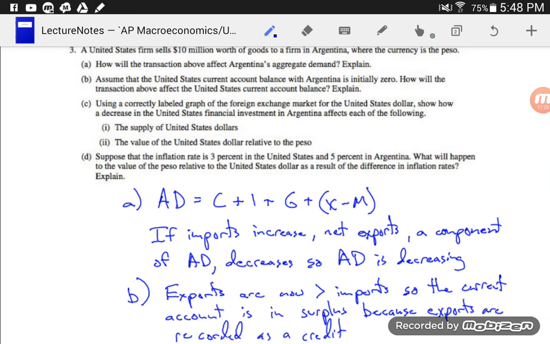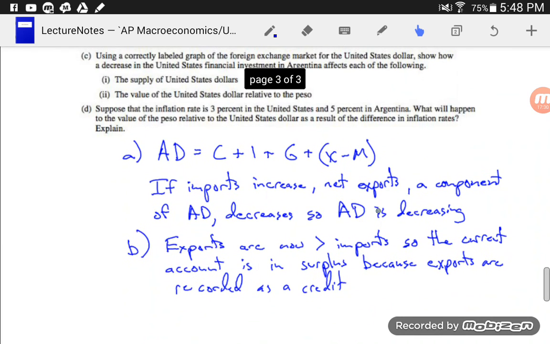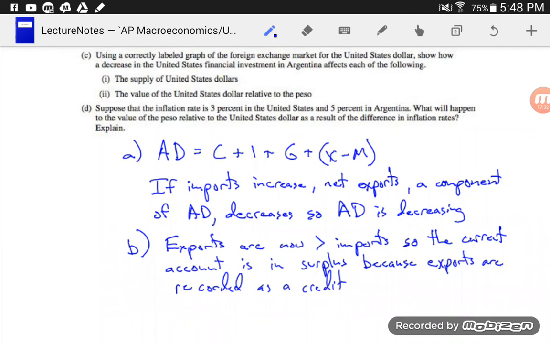All right. So again, remember the difference there between credit and debit. It's basically if it's being done in our country's currency, in the United States currency, then it's a credit. So exports are a credit to us, to our current account. If it's being done in another currency, then it is a debit. Sorry, brain fart there for a second.